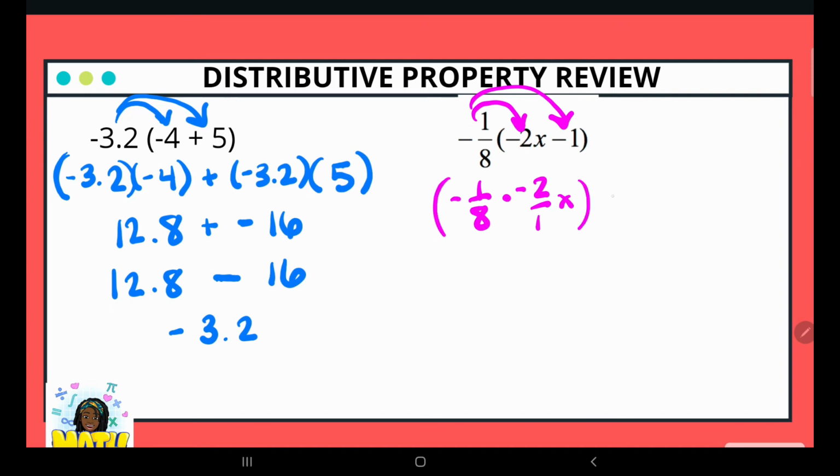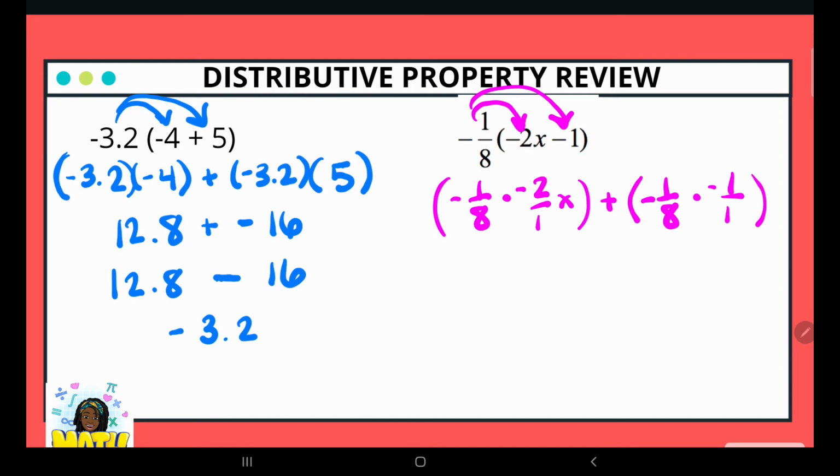And then now I'm going to write plus. Okay, I know it says minus here, but I'm going to keep that minus with the 1. So I'm just going to write plus here to represent that this is negative 2x plus negative 1. It does not change the value of the equation. Okay, so let's go ahead and write negative 1 over 8 times negative 1 over 1. Okay,